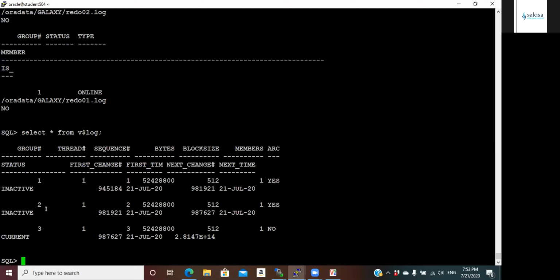Okay. So I will alter database. There's something wrong with this question. What is it? Wait. No, nothing wrong. Three groups. It's put three groups in Data slash galaxy log and three groups in u01 slash log. Yeah, you just divide the groups now, three per directory. They say four per group.